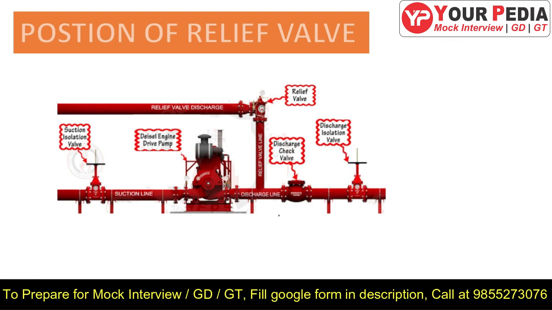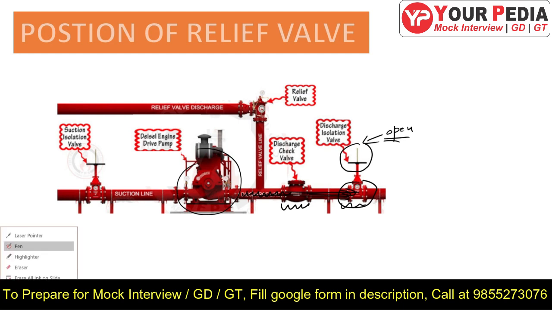Now if due to any reason your check valve or your isolating valve is damaged, suppose the isolating valve is damaged, so externally you have opened it, but internally it is closed. You have just started the pump and the pump starts developing pressure, पump pressure develop करना start कर देगा. Now when pressure is developed and the flow is not going in this direction, the pressure in this pipeline is going to increase, and if we have not attached any relief valve or safety valve, then this pipeline may burst,